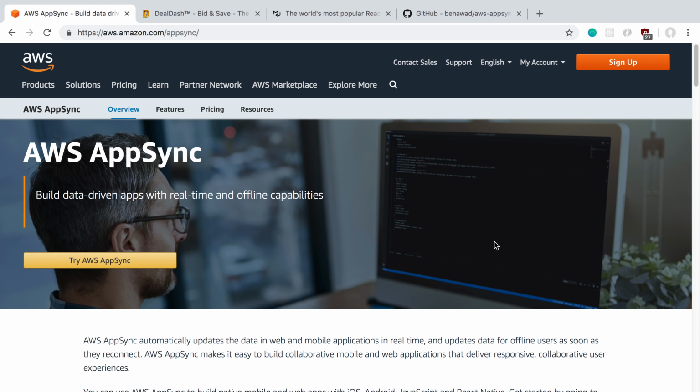So I'm going to be starting a new series where I build a project using AWS AppSync. For those of you that are not familiar with this tool, it's something that Amazon Web Services created, and it creates the entire backend for you, or at least handles it. So all you have to focus on is building the website or the app, whatever you want your front end to be. And it'll allow you to create a GraphQL API,